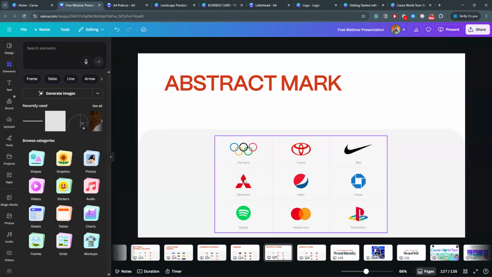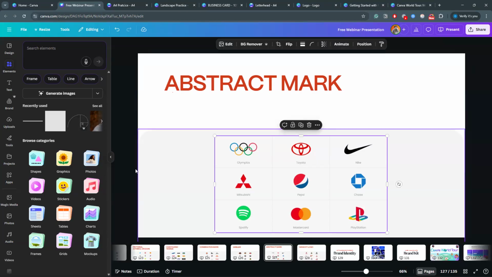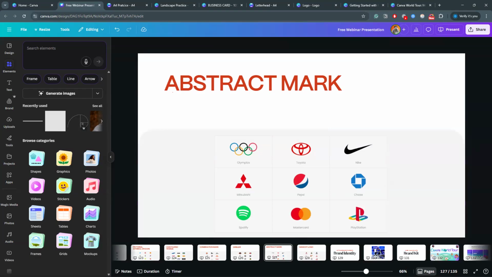If you look at Mitsubishi, it doesn't mean anything, but if ten years down the line you look at this logo, you will remember that it is Mitsubishi, right? So there is no specific way, but the main thing is to keep it simple while designing a logo.